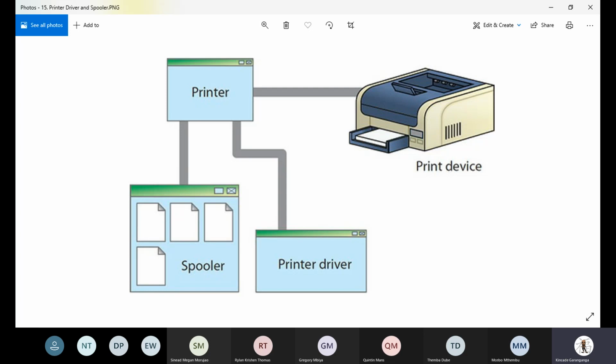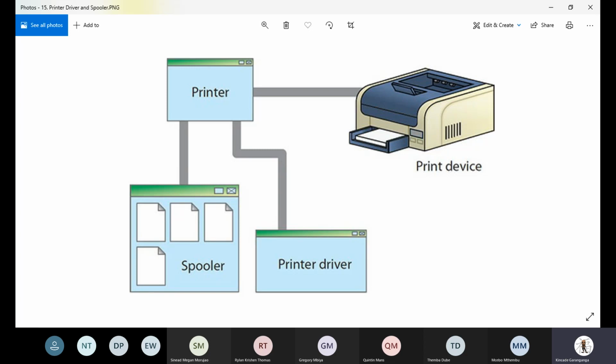Remember, your spooler is just a program that is responsible for queuing print jobs. So remember, you can send multiple print jobs to your printer. There has to be some mechanism that prioritizes these print jobs, so that puts them in a queue and prints them according to importance or according to priority. And in terms of are we looking at first come first serve, or are we looking at it from a specific print job that probably has more pages or less pages? This will go on and on. So your spooler's main purpose is just to queue